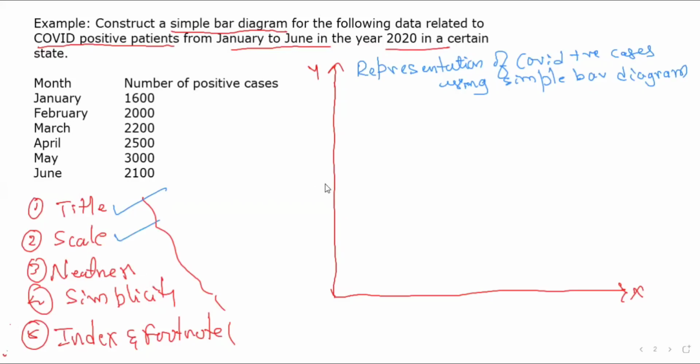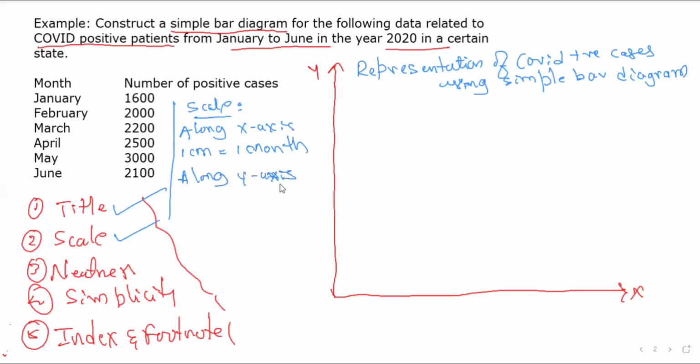I need to consider the scale. Usually we write it here, but because of the lack of space, I am going to write it here. Along the x-axis, I will consider the scale 1 centimeter equal to 1 month, right? Then along the y-axis, I will consider 1 centimeter equal to